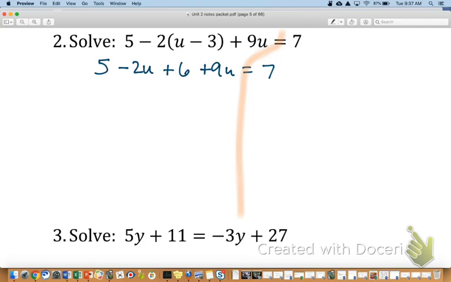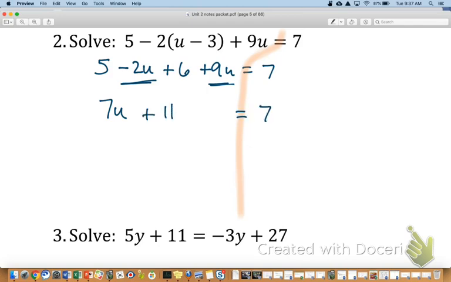You can combine -2u and 9u. Hey, those look like terms, don't they? Does that make sense? What do you get when you do that? I got 7u. Okay, so 7u. I like it. How about the 5 and the 6? Are those like terms, or do they need to stay separate? They're like terms. What's 5 plus 6? 11. Okay, so